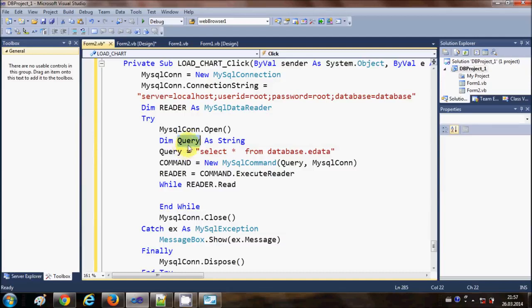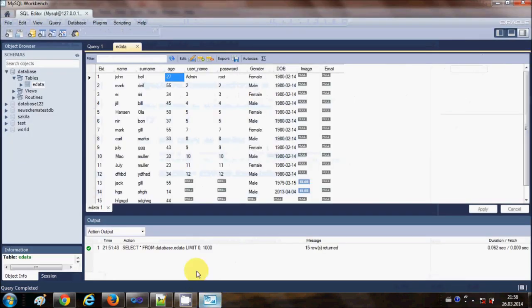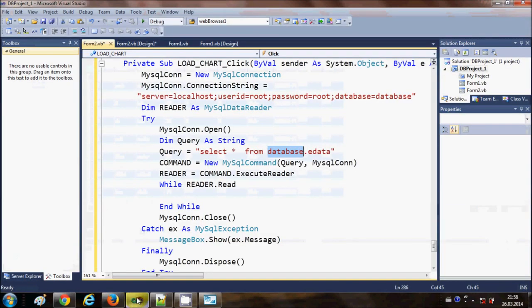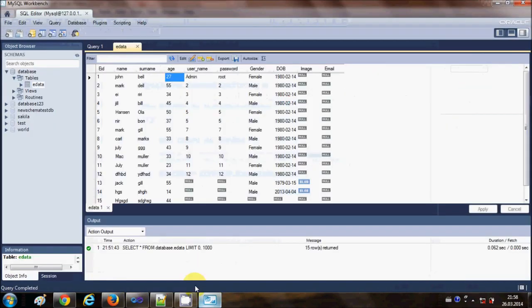So this query variable, which is a string, will contain my query which I sent to the MySQL database. So I will write query is equal to the query select star from database dot edata. So database is my database name, you can see here, and edata is the table name. Okay, so this is the table name,